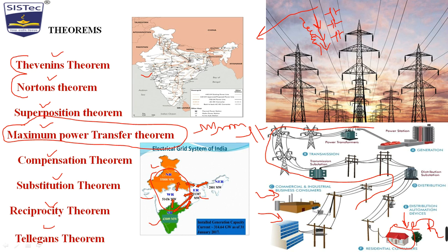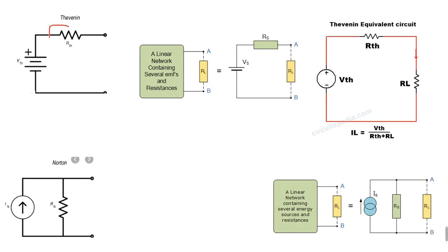From my home, I will mark 2 points, and I will say that these 2 points are where my load resistance is present, and this is the source, or many sources can be assumed, and this circuit can be converted into a simple circuit. So this is the resistance, students, of a very big network I have shown you. This is the voltage, which is my home voltage, and this is my home resistance, the load resistance, and then easily I can calculate the current, and the formula of current will be VTH upon RTH plus RL. So this is the very important thing.